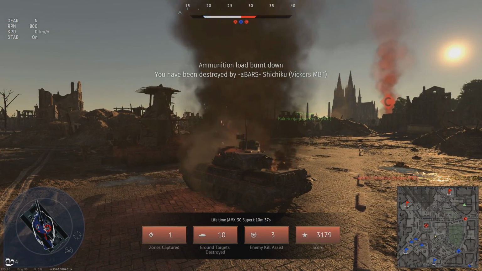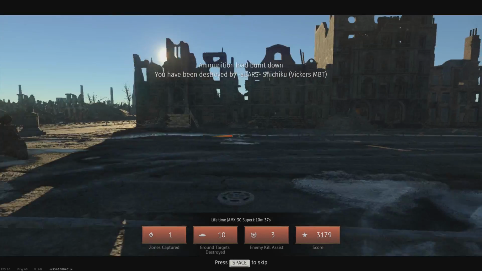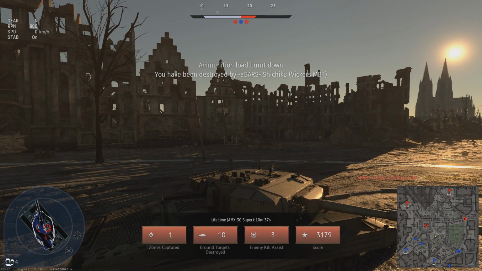Like, I played this match literally ages ago. We got 1 zone captured, 10 ground kills, 3 enemy assists, combined score of 3,179. So, just a quick little game I've thrown together. I know the quality of this is pretty shockingly bad, but